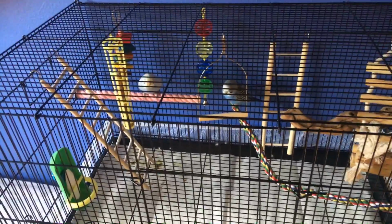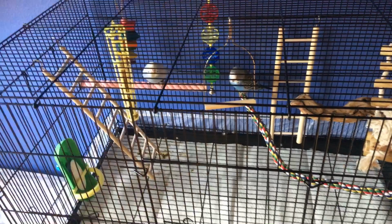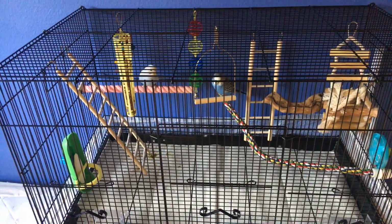So keep those in mind. And then also, as time progresses, your budgie will learn to trust you. When they're most vocal, that's their natural instinct in the wild, to call out to their companions. So yeah, like for me,